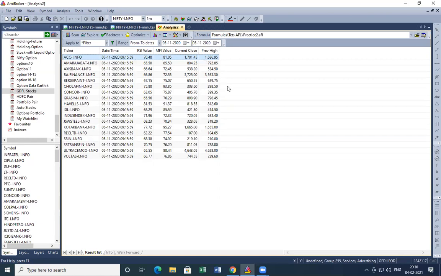Right? Okay, let me show you one of my AFL codes where I'm doing multi-time frame analysis. Before I show you the code, let me first tell you what exactly I want to do in that code. See, before coding anything, you have to have an idea of what exactly you want to code. So let me explain the idea first so that you can connect with me while I explain the code.